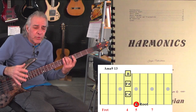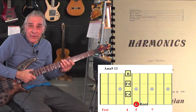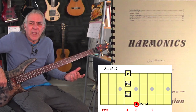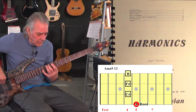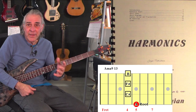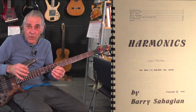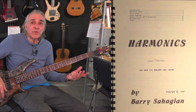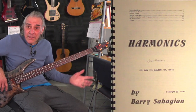If you were using it with a simple triad or something, you're adding these tones. And you may have remembered Jaco would always use that kind of stuff every chance he got, he threw that in, something like this. And it's an easy way to put some color in and get some attention from you as a bass player in the band, or you yourself as a composer. It's a real simple way, but you have to understand a little about intervals and harmony